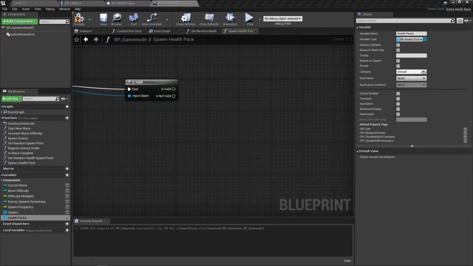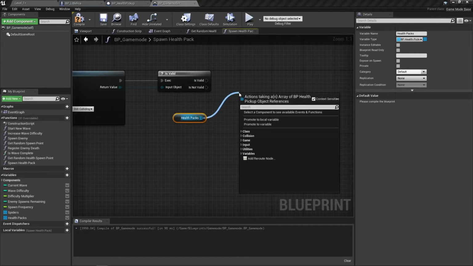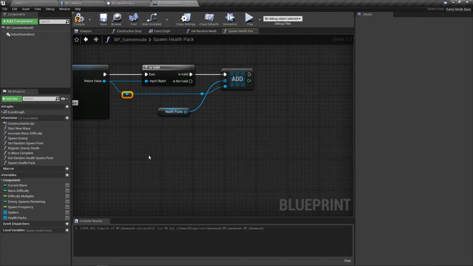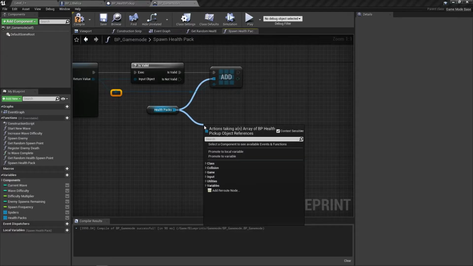Yep. Okay. So let's go ahead and we're going to add. So pull out from here. And actually what we want to do is pull out this health pack first. Okay, we're going to get our health packs. We're going to pull out from here and we're going to add to our return value here, which goes in here. All right, now we need to know basically how many we have of our health packs, and we're going to do that by getting the length of the number of health packs already in the scene or that have been created. So we're going to get length,